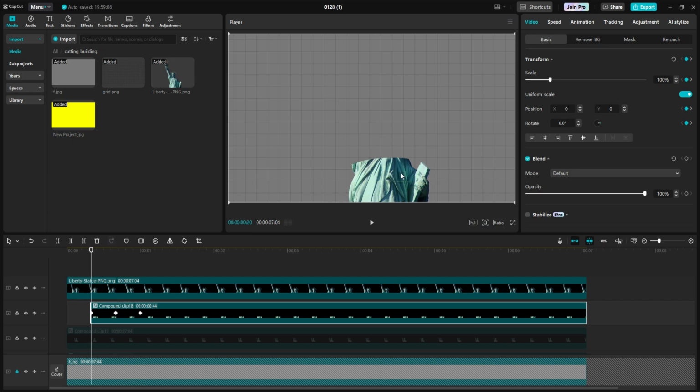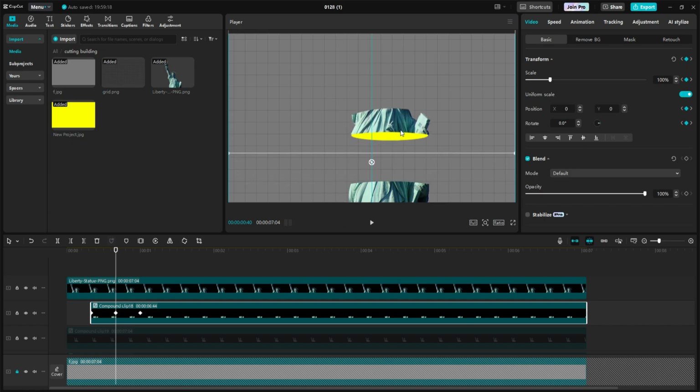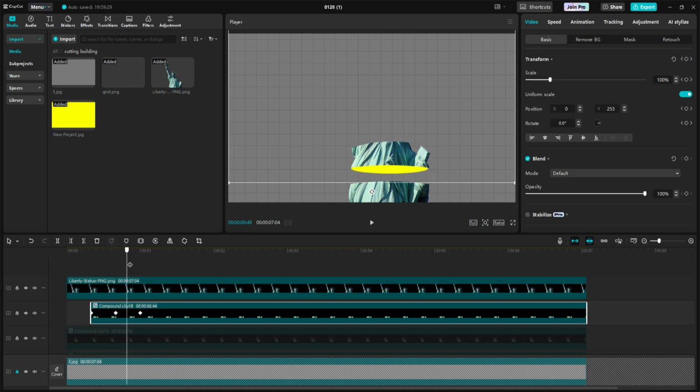For the first keyframe, let's position the part down until it disappears. Then for the second keyframe, let's position the part slightly above its normal position. And for the third keyframe, we don't need to do anything. So it's gonna look like this.